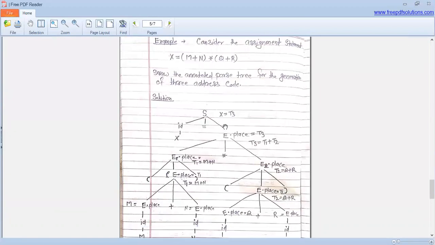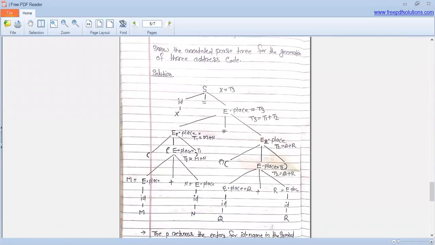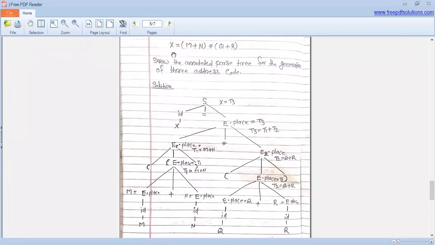So now here, this is the parse tree. The expression is capital X is equal to M plus N multiply Q plus R. So you can see here, S derives ID is equal to E, and here S is the start symbol, and